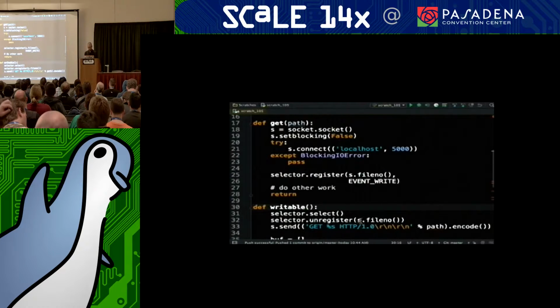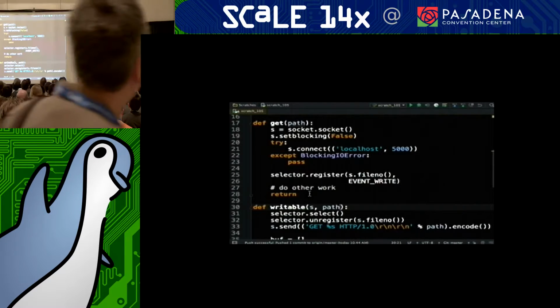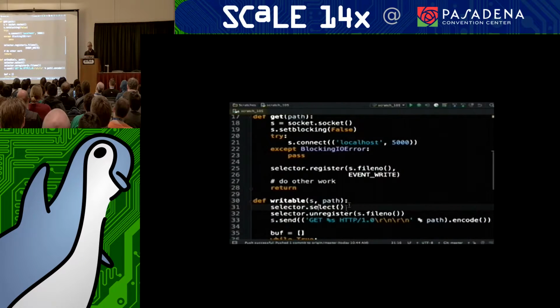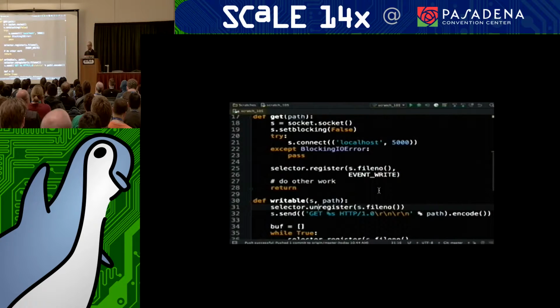And PyCharm is underlining S and path because those are no longer available in here. Those were local variables of get, and we're not in the get function anymore. So let's say that those somehow get passed in so that we have them again. And we're not going to need this select call anymore because we're assuming that by the time we get in here, the socket's already writable. So now we need to figure out some way to schedule this writable function to be executed as soon as it's ready to run. And the way we're going to do that is,